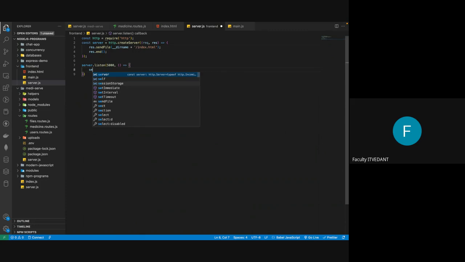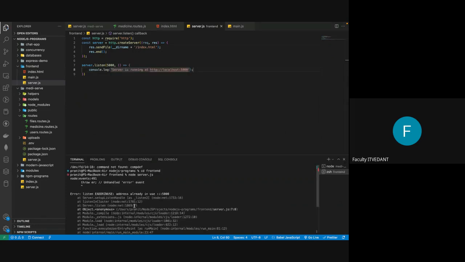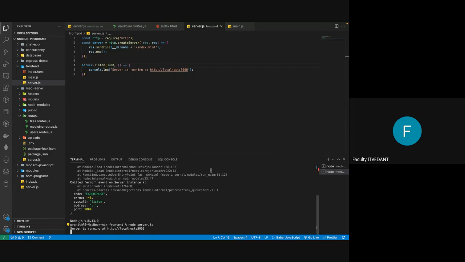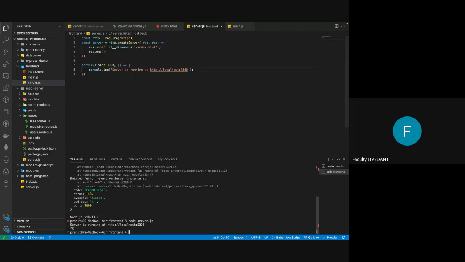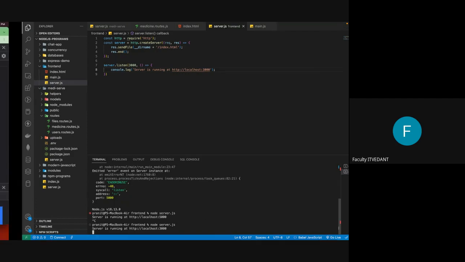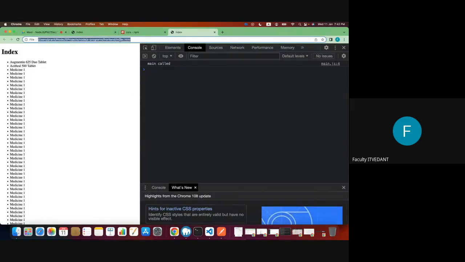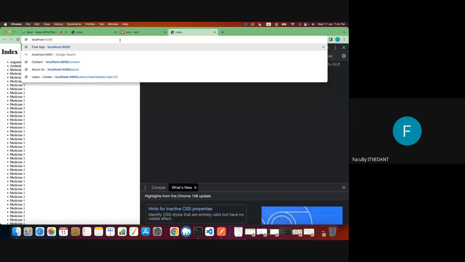Go to the frontend and use node server.js. Address in use, port 5000 is already in use, so I'll use 3000. Now if you go to localhost:3000,